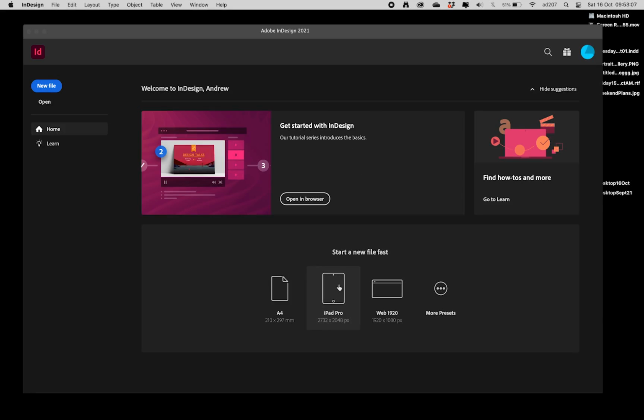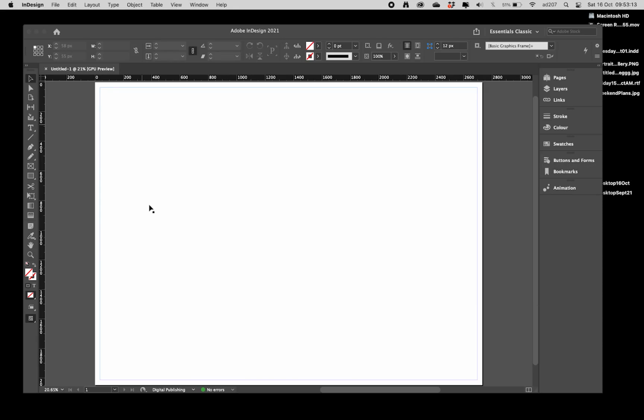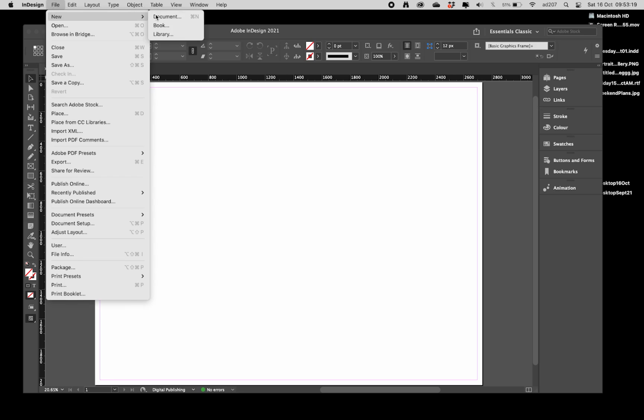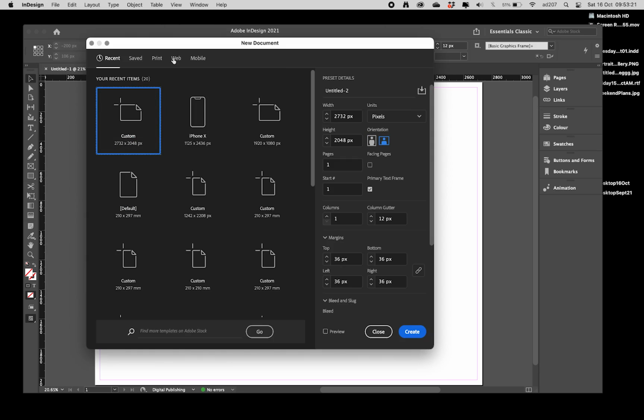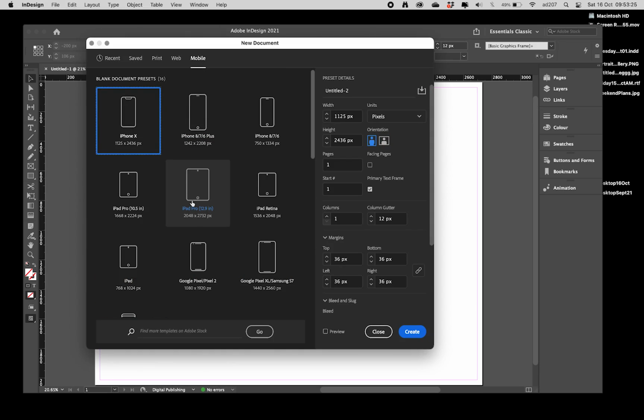Just going to go through setting up some interactivity in InDesign. So if we have an iPad layout, so Document, Mobile, iPad Pro for instance, doesn't really matter, and we'll call it iPad test,